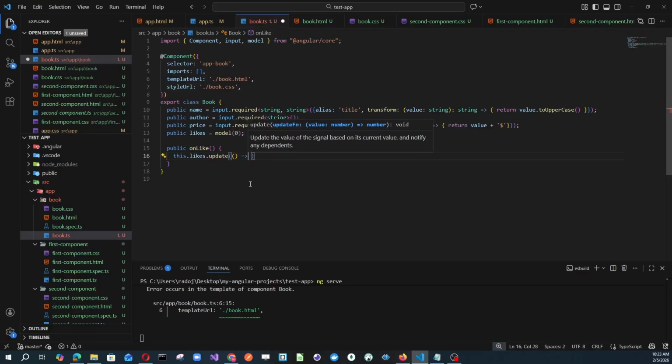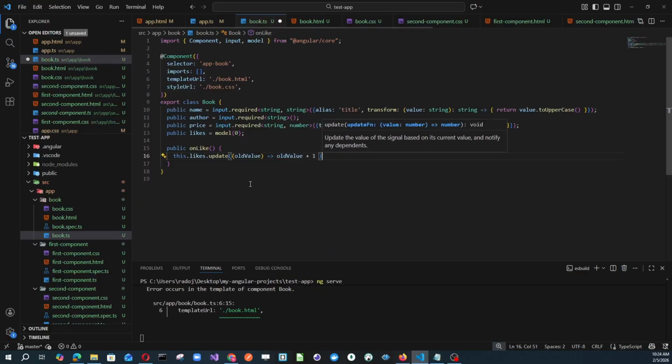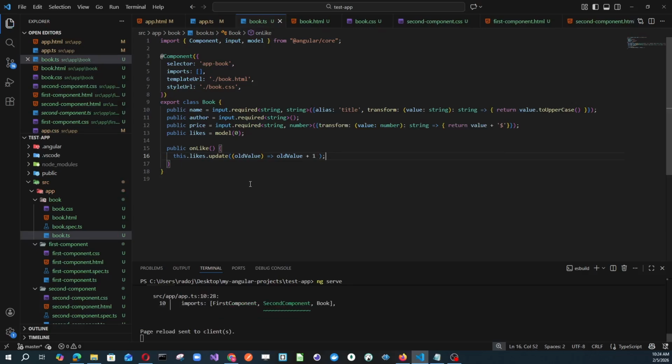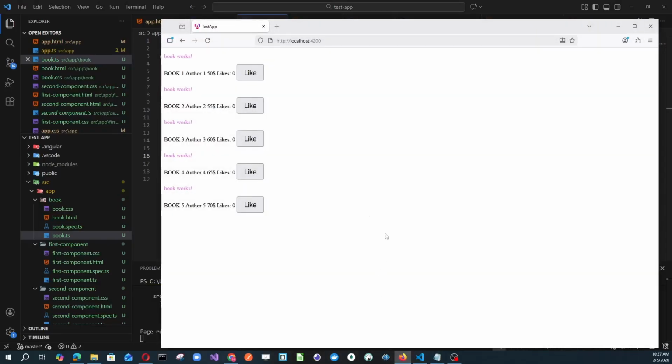okay, which has the old value for parameter and returns the new value for the likes property. It will be the old value plus 1, and that's it. Let's test this in the browser. Here, if we like this book two, this works. And also what we don't see here, but is happening